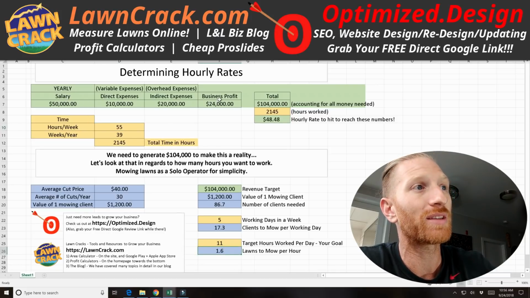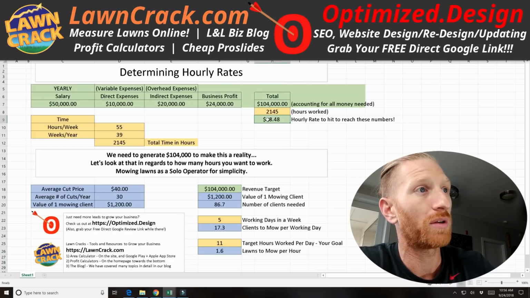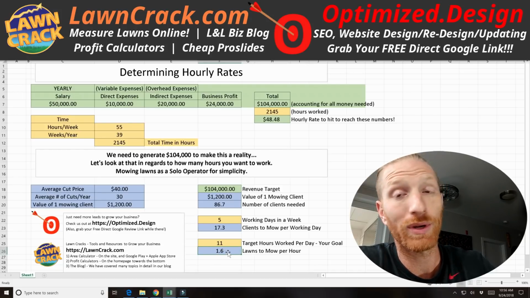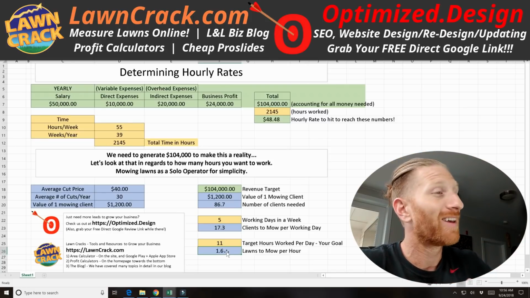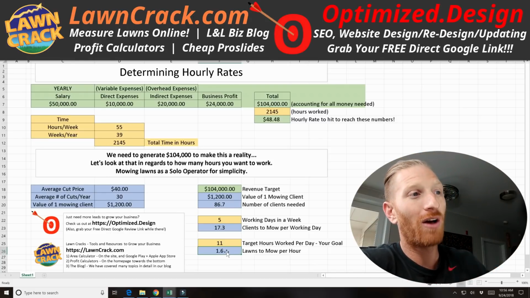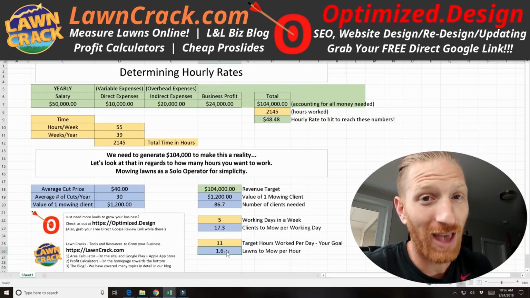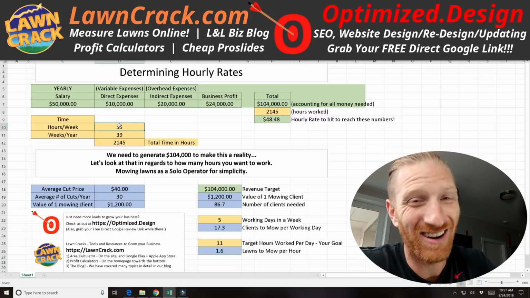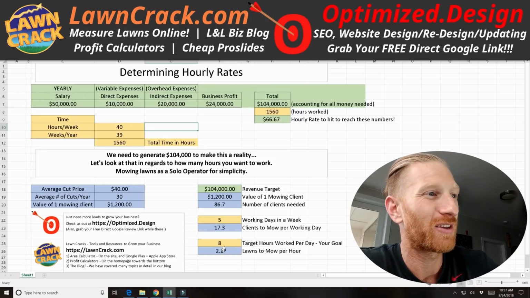Okay, so we're still making the same amount of money, but we only need to bring in 48 per hour. So lawns to mow per hour is now down to 1.6. I understand that this is actually out in the field mowing grass time, so we still haven't accounted for our maintenance and our routing and our scheduling and all that. But if we kept that there, so you'd have to hit